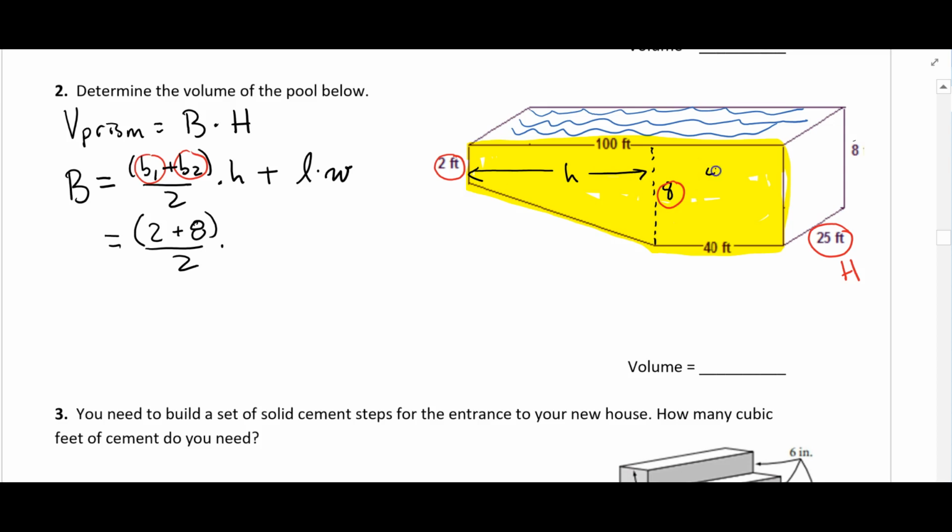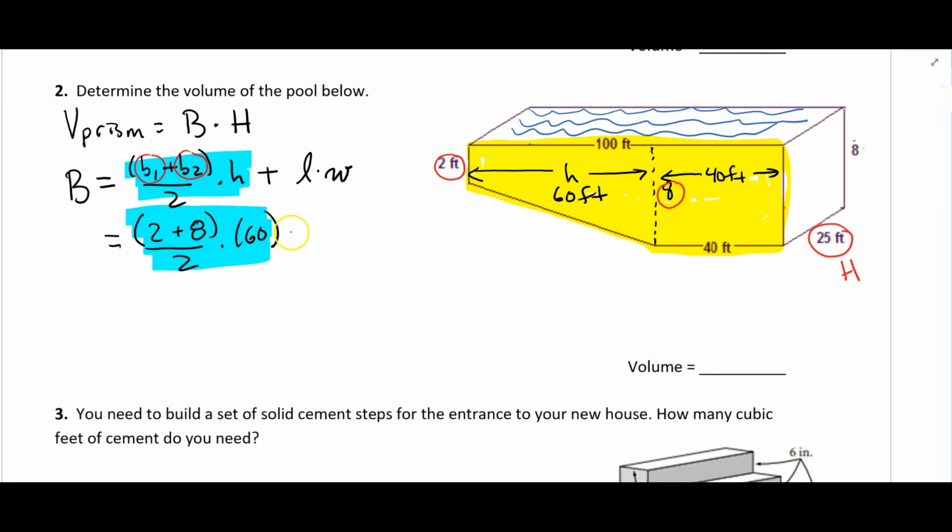So since I know that this is 40 feet, and I know that the whole distance across is 100, this h here has to be 60 feet, 100 minus 40, or 60. So times 60, so this will give me the area of the trapezoid part of the base,